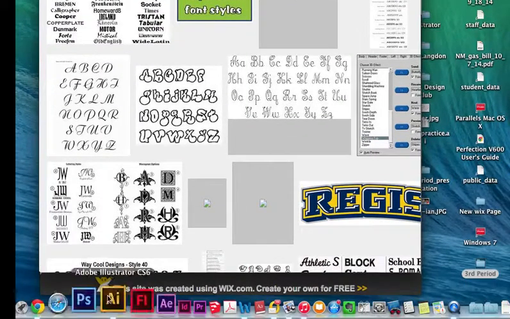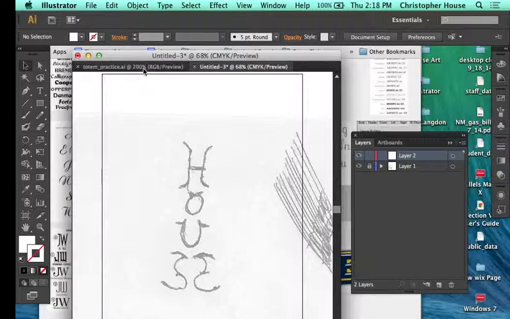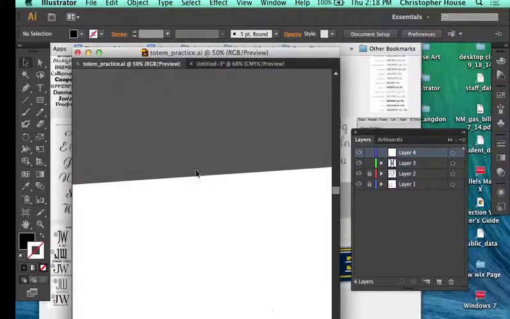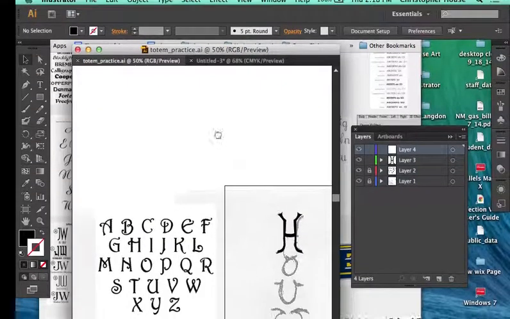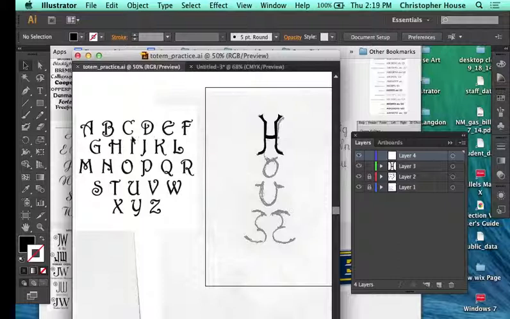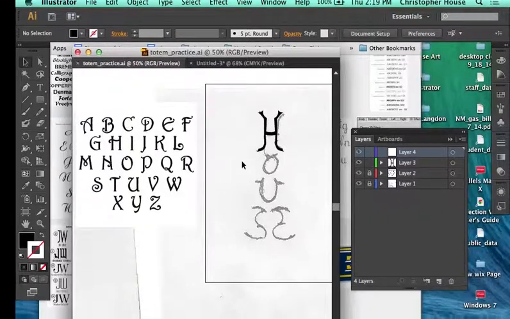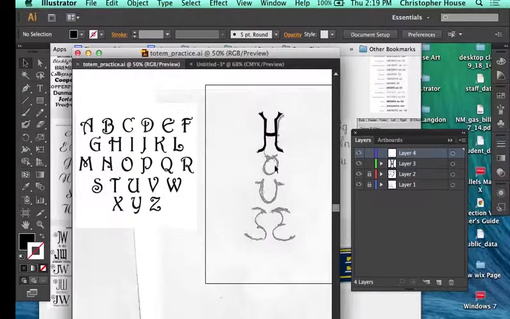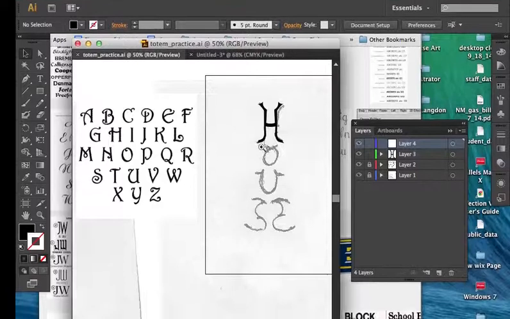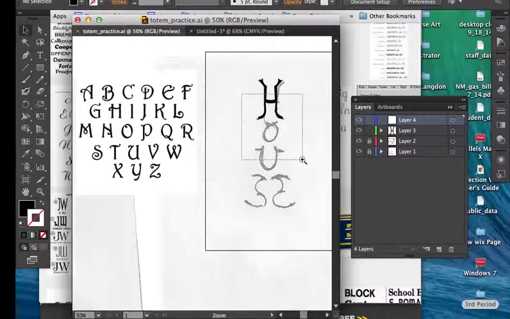So I'm going to go back to Illustrator, and over here I have this one started, and you'll notice I'm holding the space bar. That gives me this hand tool. It's really handy to move around. Here, I use this alphabet. I was like, you know what? I'm going to see if I can make my letters look a little bit like this. There are thin parts, thick parts, little decorative areas. And so I've started this H. I'm going to go on to the O right now. So I zoom in,